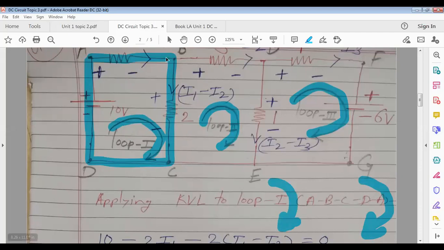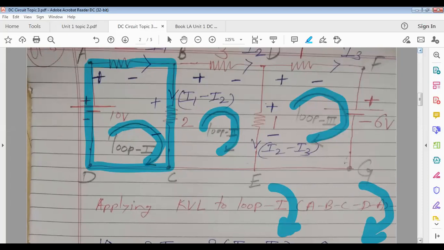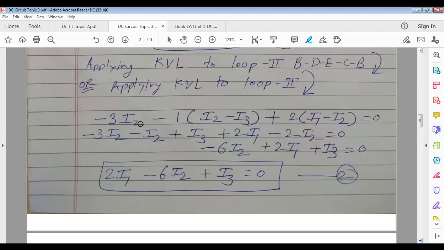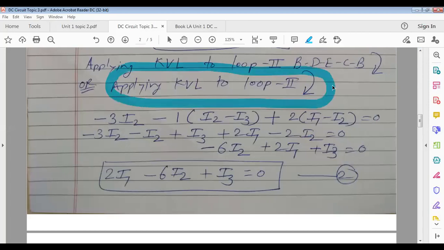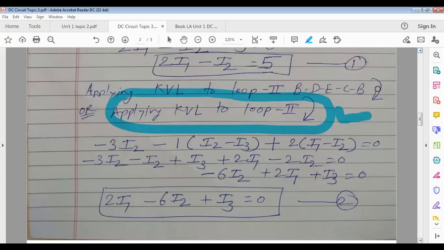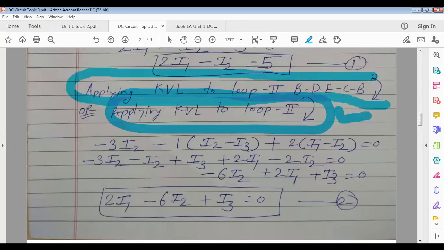No need to give the names to nodes. As this is the first sum, I have given here the node names ABCD, loop name ABCDA. But in exam or from now onwards, we'll use it like this. See, apply KVL to loop 2 and clockwise direction. Directly like this, I always use. Or those who are interested can use the upper step also. It is optional, either you use the upper statement or the lower one. Clear up to this to everyone?